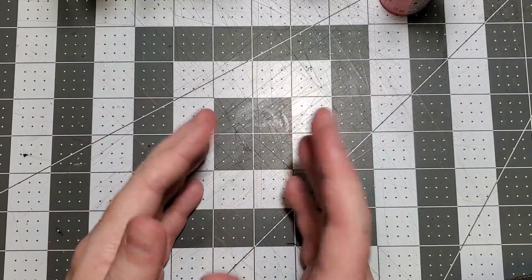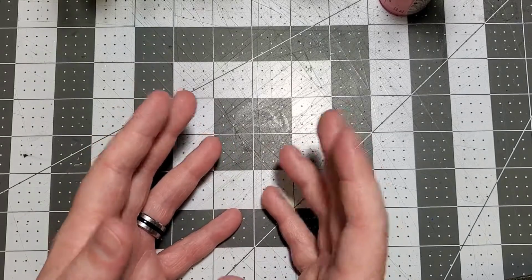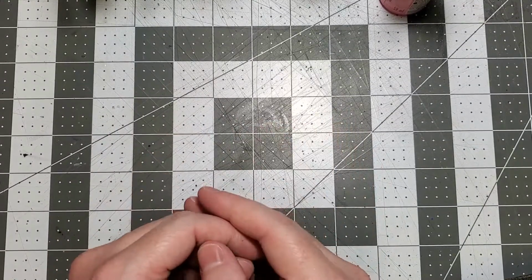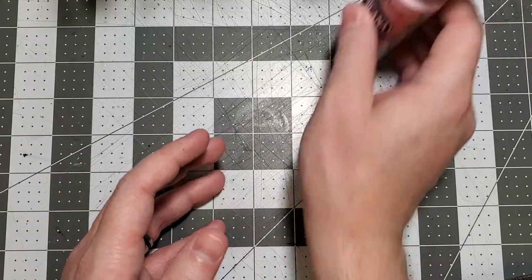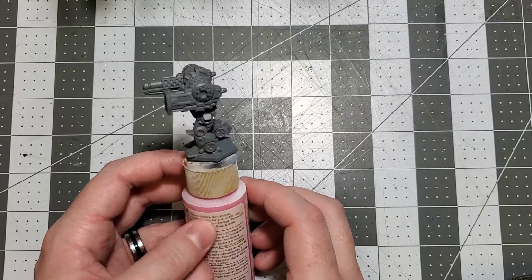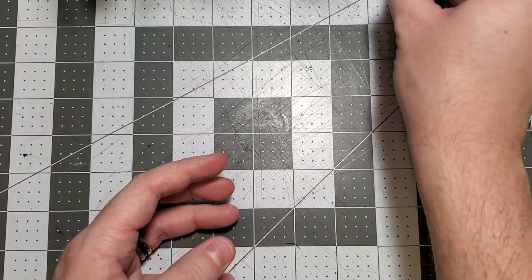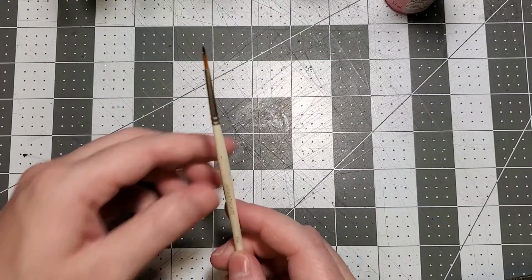And I'm sure there's some places, if you're watching closely, that I missed. I'm going to go back over and try to catch those places with my second coat. This will just make sure that all of the model, as best as I can anyway, is completely based in that neutral gray. But there's one more thing I wanted to show, and I've never really shown this before, is